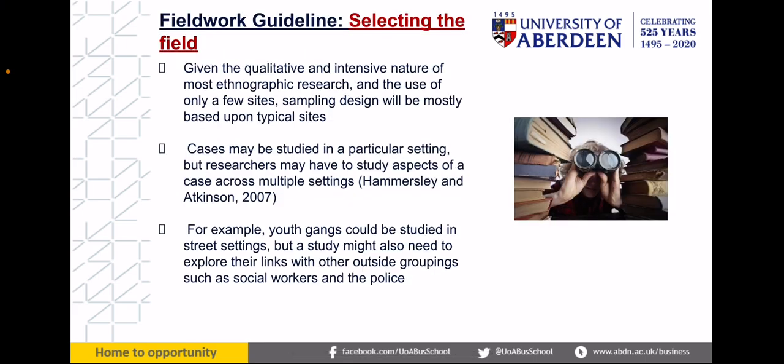So I put down some tips for ethnography. Of course, you've got to select the field, and given that it is qualitative research and it is time consuming and intensive, it is quite important to understand the site you're going to. You also need to capture the right sample that will help you achieve your research objectives. I like to use case studies so that I'm able to understand particular people put in cases, and I do within case or cross case analysis to understand the commonalities and the differences.